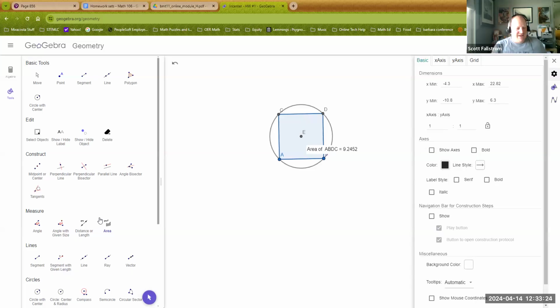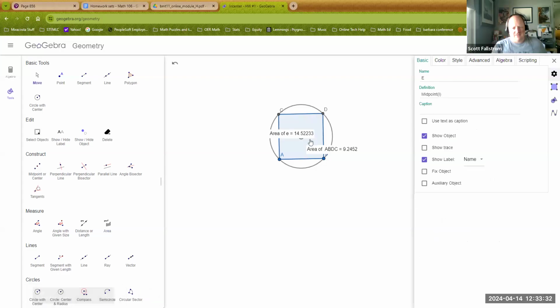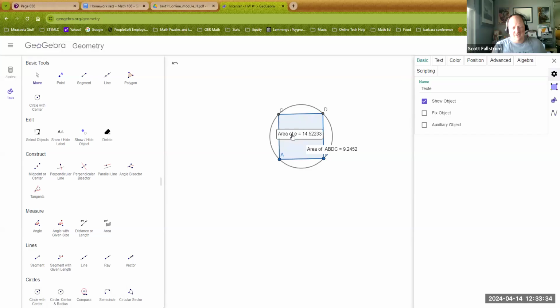So there's the area of that. Now as I go to area, it says select polygon, circle, or conic. I will select the circle, and there's the area E right there. Okay, let's see, can I move that a little bit? Okay, so area of ABCD 9.2452, area of E 14.52233. Okay, now